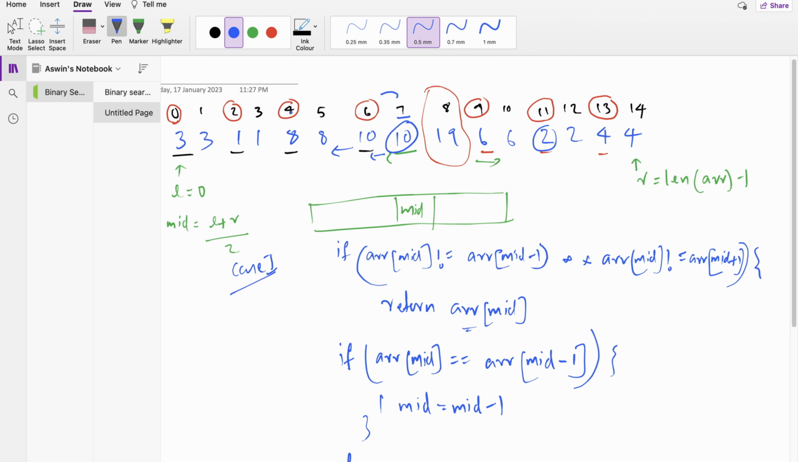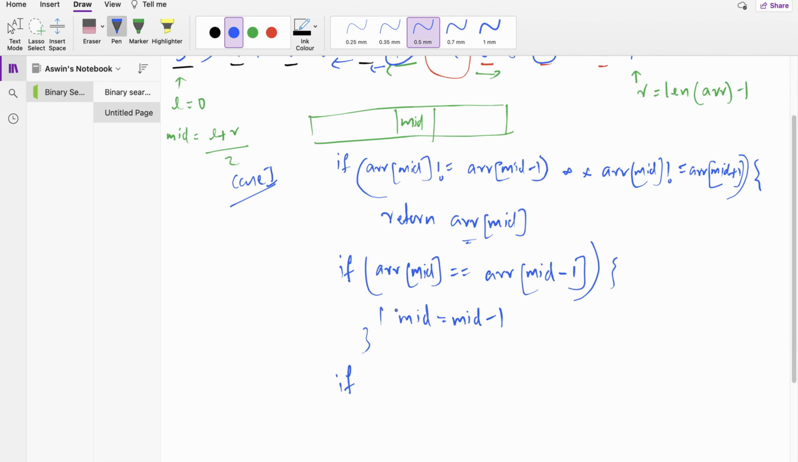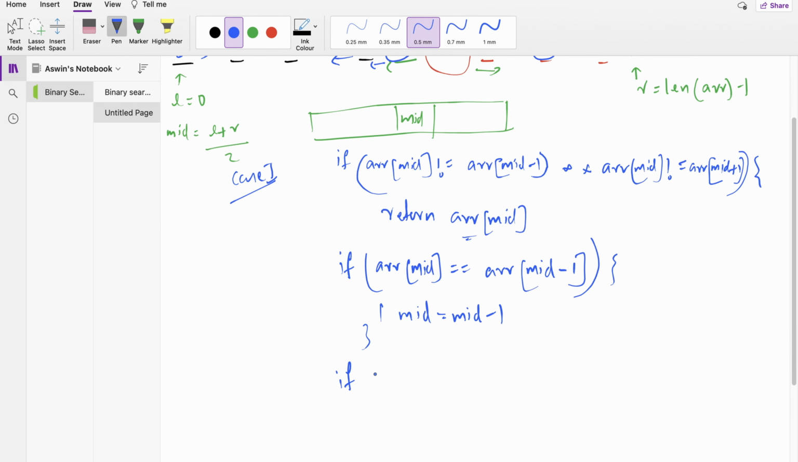The first occurrence of the index will always be an even number to the left side of the unique element, and to the right side of the unique element, the first occurrence of all the elements is at an odd index. That is, the index is an odd number, right? So what we can do is, if the mid mod 2 equals 0, which means the index is an even number, what should we do? We should go to